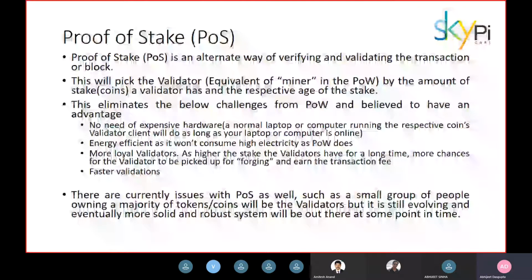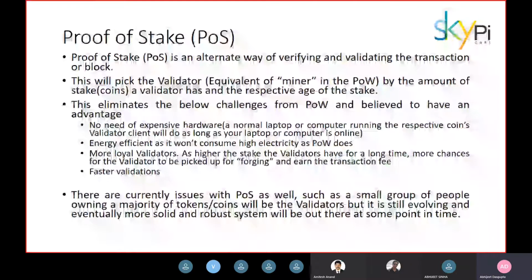In proof of stake, it is not known as mining but forging, which is done by the validators who will process and forge a block to the chain. When we use proof of work consensus algorithms, we say that a block is mined and attached to a blockchain. But in the case of proof of stake, we say the block is forged and then attached to a blockchain.